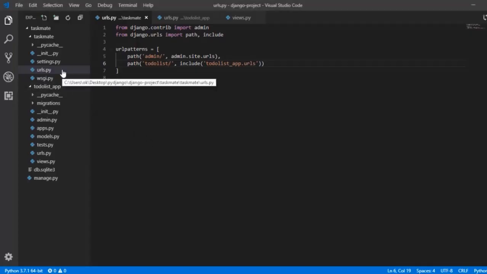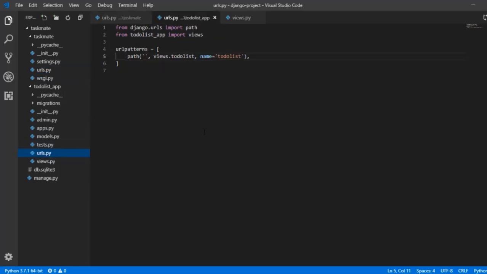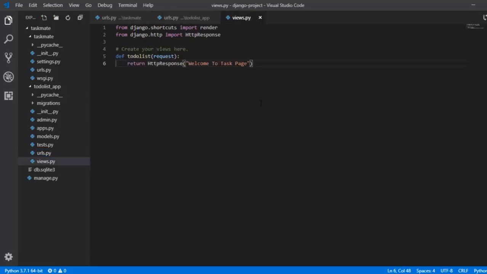So whenever we visit any link, it first goes to our project URL, then it redirects to our app URL, and here app URL connects with our views, takes a response and submits it. Now views can be connected with our models, that is our database, as well as template. So it helps us to get all the data from our database and send a response in the form of template. So I hope this lecture was helpful for you to understand all the configuration and view part.